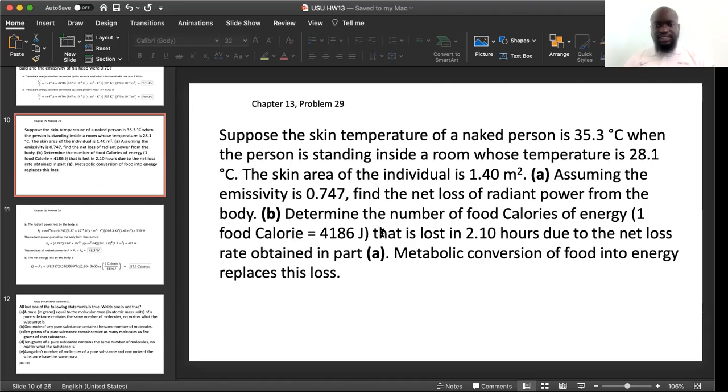Next, suppose the skin temperature of a naked person is that, when the person is standing inside a room whose temperature is that, and the skin area of the individual is 1.4 meters squared. Assuming the emissivity is 0.747,